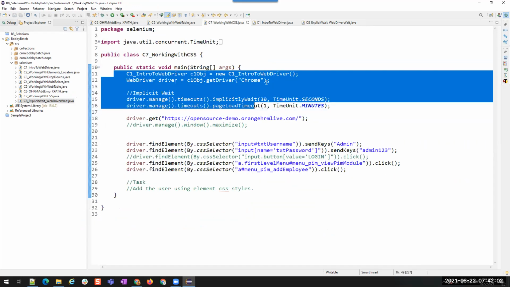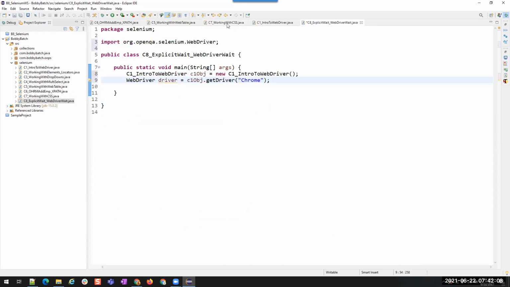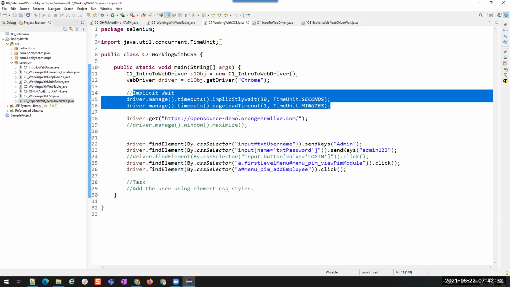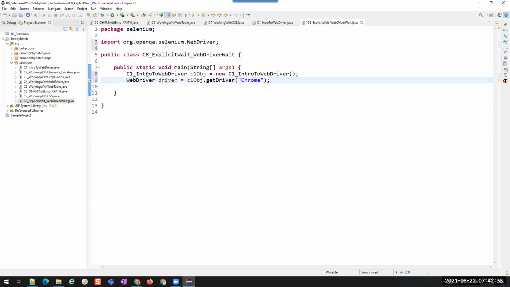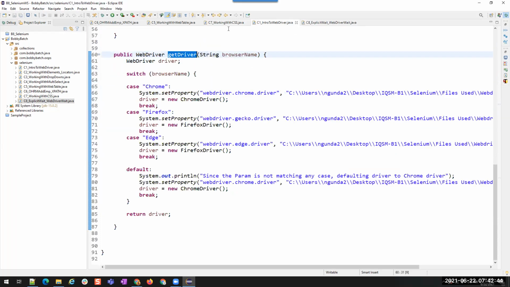The common things are common, so I'm just copying these two lines. And you can also apply implicit wait and explicit wait both. Why? Because explicit wait is applied at the element level. You can apply it to a particular element, not the complete driver. If you are applying your explicit wait to a particular element, then what about the other elements or other lines? You need some waiting synchronization, right? That is why you can apply both implicit and explicit in the same script. Okay, so I'm copying all this. We need maximizing as well.